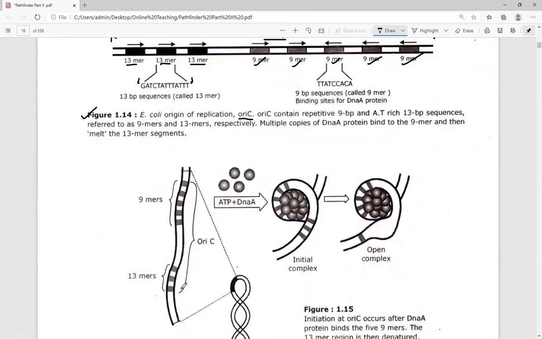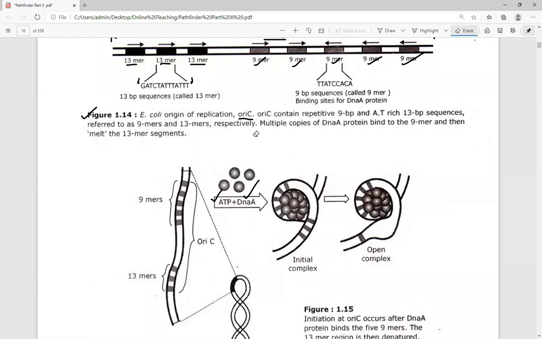If you look here within the structure of this DNA, ATP along with DnaA is going to bind. ATP and DnaA bind and form a helical, spiral structure, something like this. The protein will bind within this structure, and once it is bound, it will cause the melting of the dsDNA to take place. Now, how and in what form the melting takes place, please try to understand.